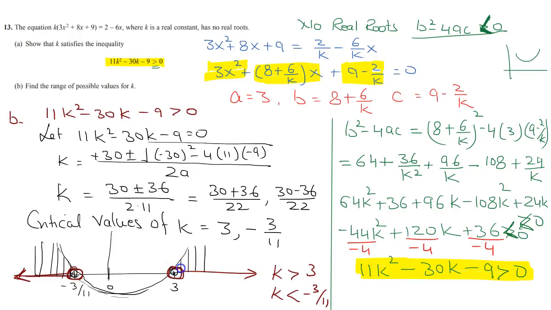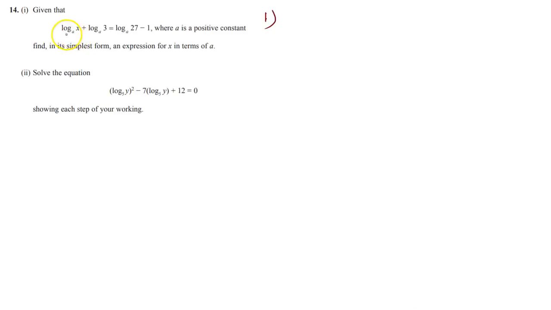So this is the solution, because we are going to use this one and this one. Given that log x base a plus log 3 base a is equal to log 27 base a minus 1. So this is log a plus log b is log ab. So I can write it log 3x base a